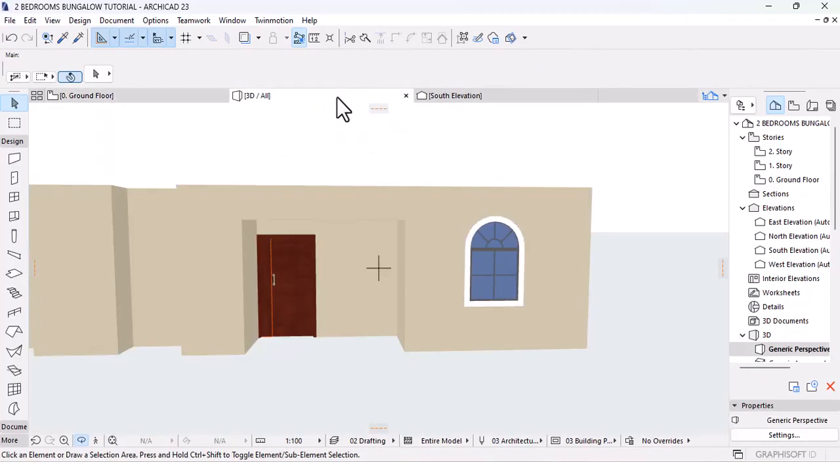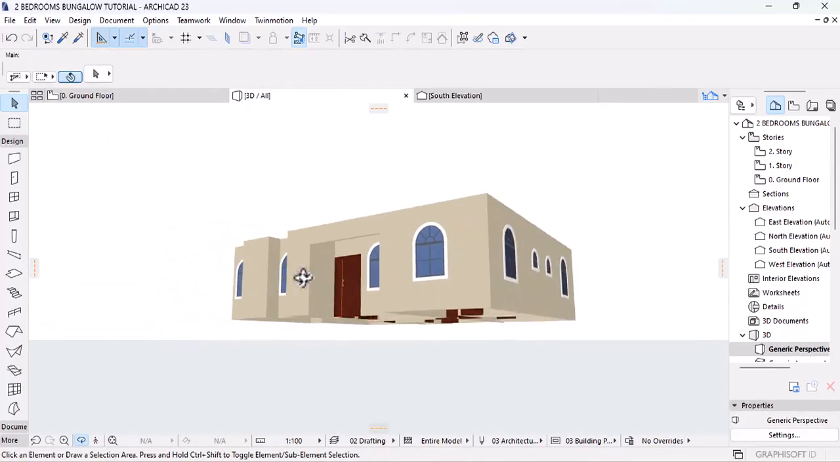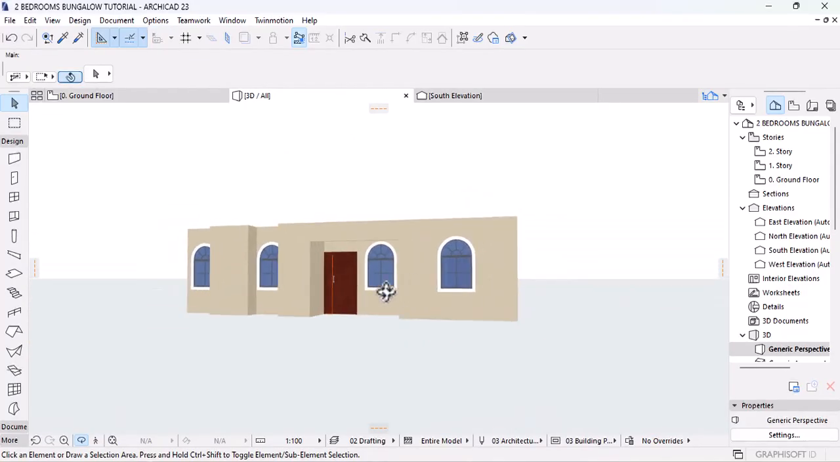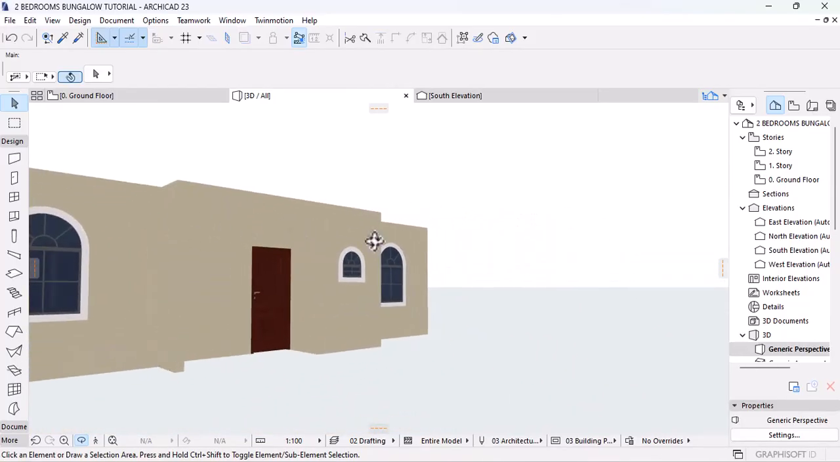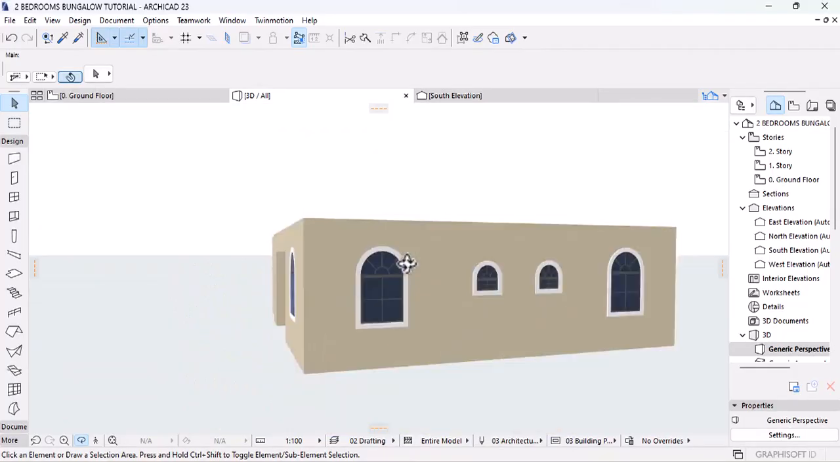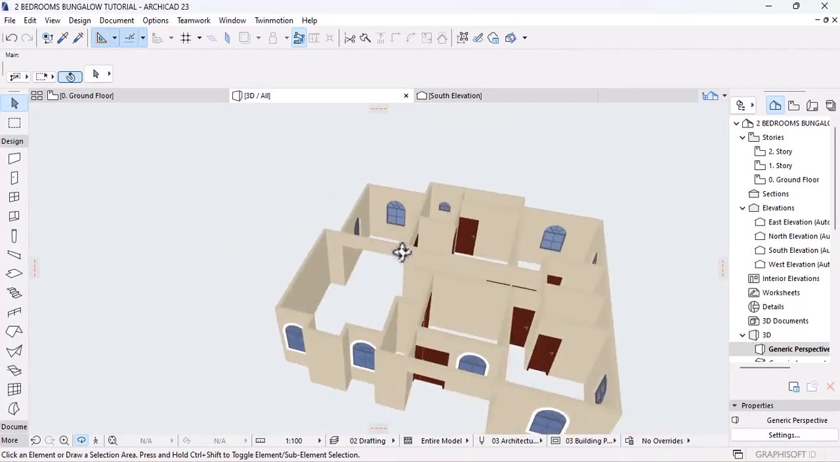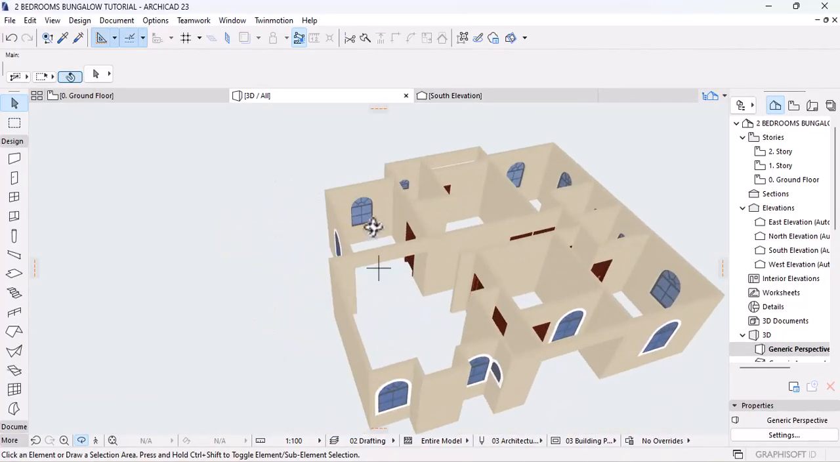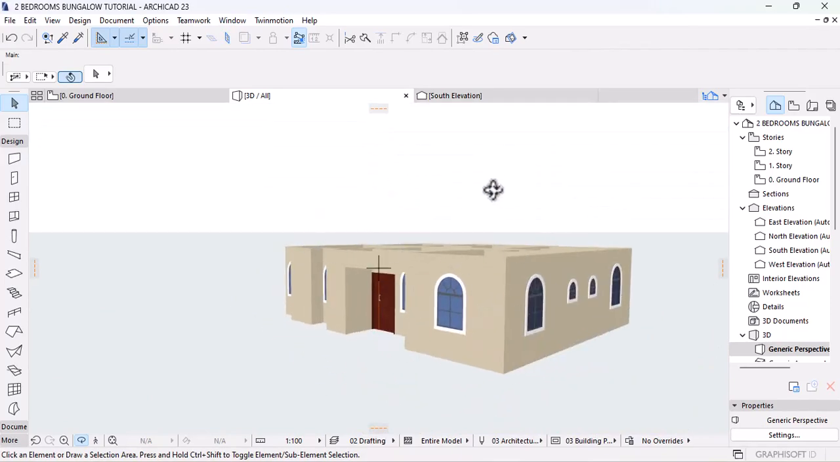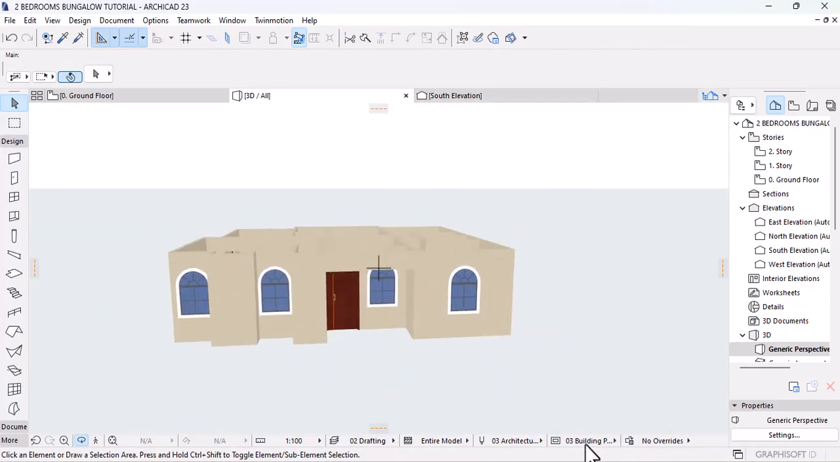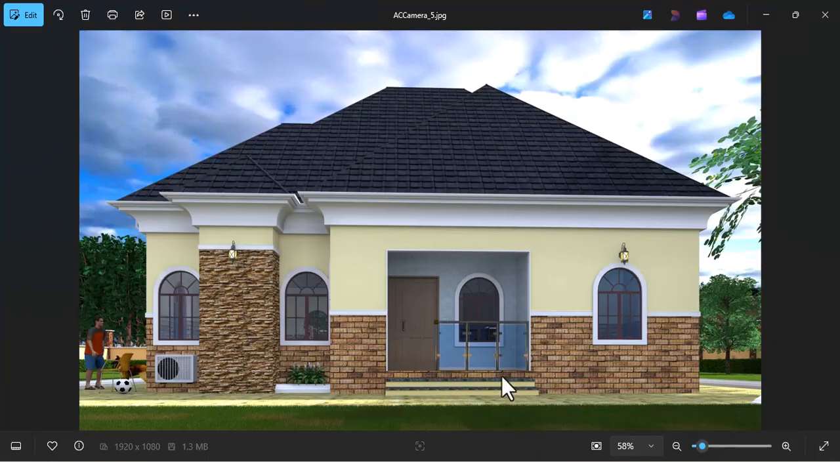Let's go back to our preview to see what we have. The next thing we're going to do is putting floor and parapets. That's the concrete structure that we